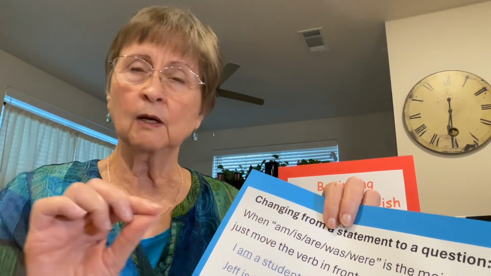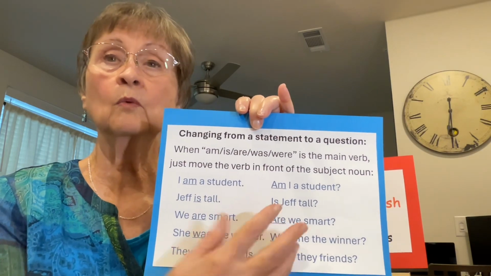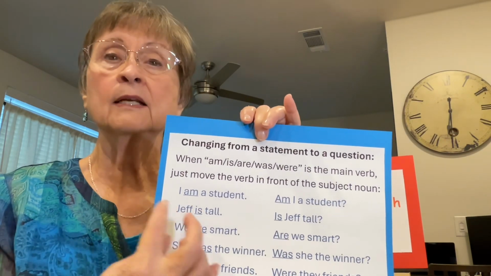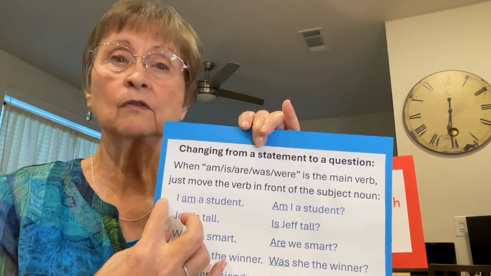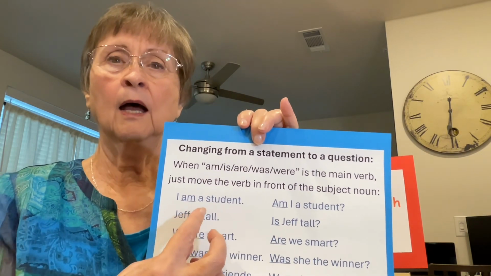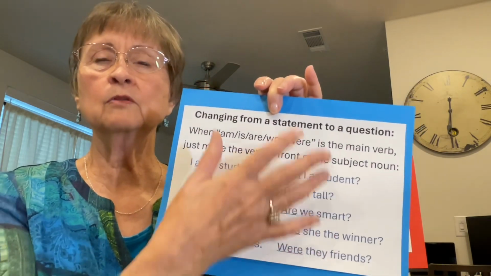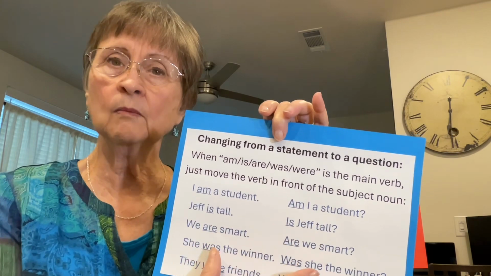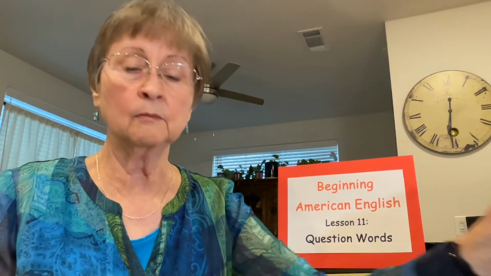When I get to this lesson, lesson 11, question words, I wanted to remind you of the earlier video. I talked a little bit about question words, and then I went mostly into how to make a question when you don't have a question word. As a review, I am a student. You switch this over to the front. Am I a student? Or you can do it with your voice. I am a student? We did that already. I'm not going over that, but I wanted to remind you that these are other ways to make questions that do not use question words. And you can look back at that video if you want to review that.